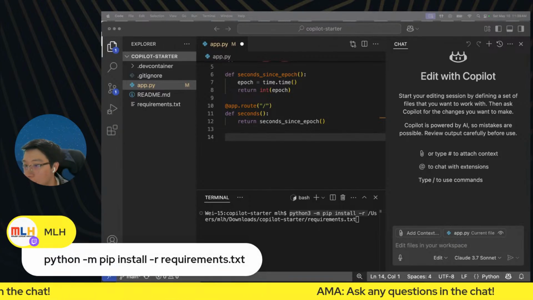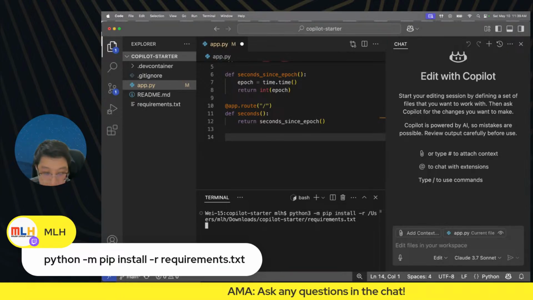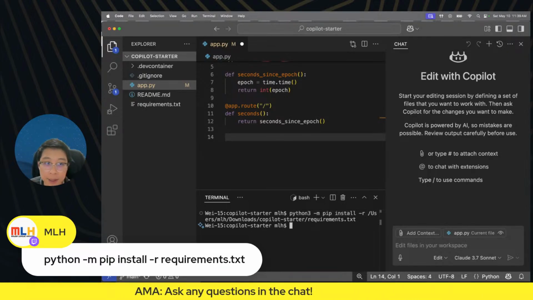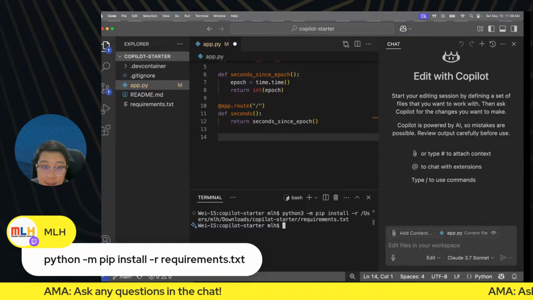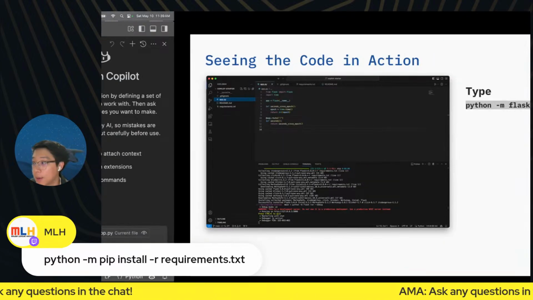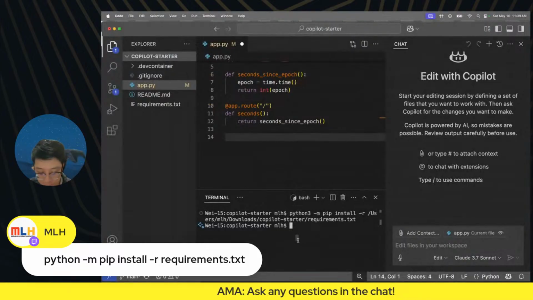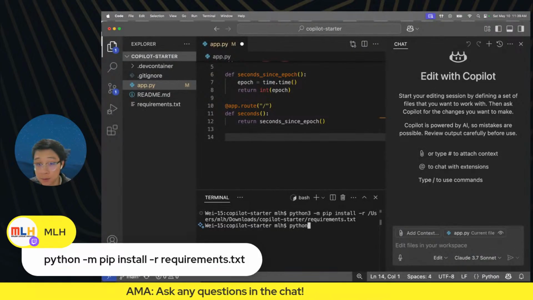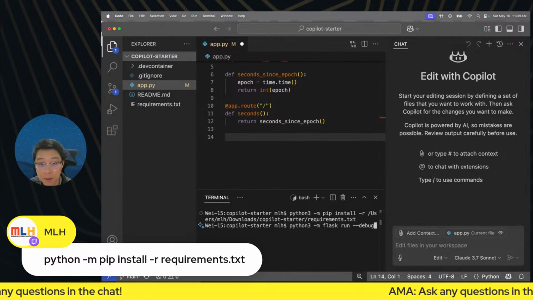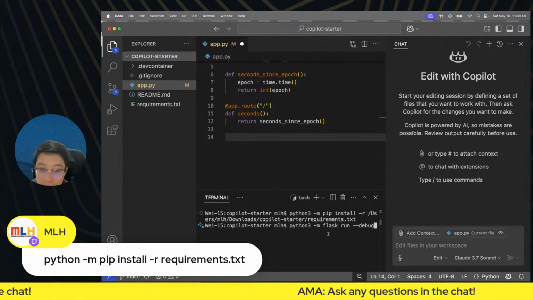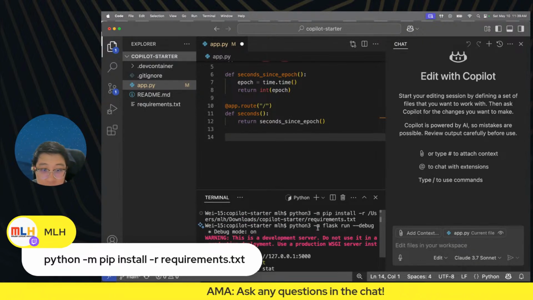We first installed the packages, and now let's run the Flask application. And we can run the Flask application using this command here. So let's do it together. Okay. Python 3 -m flask run --debug.